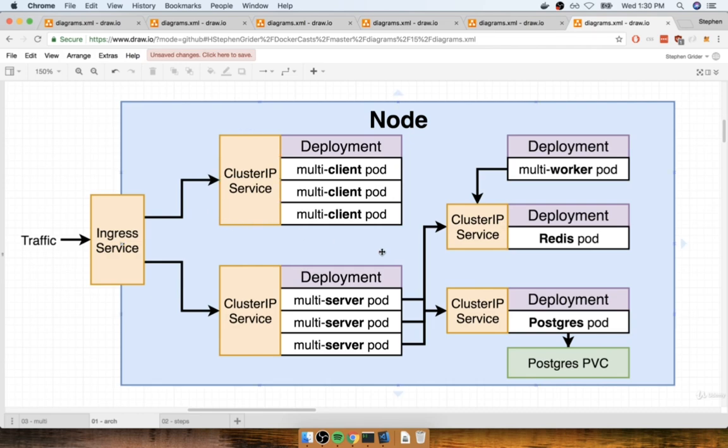You'll notice that there are some very familiar pieces in here. So we've got the multi-client set of pods, all being managed by a deployment. We've got the multi-server, remember that's the Express API, being managed by a deployment. And then you'll notice